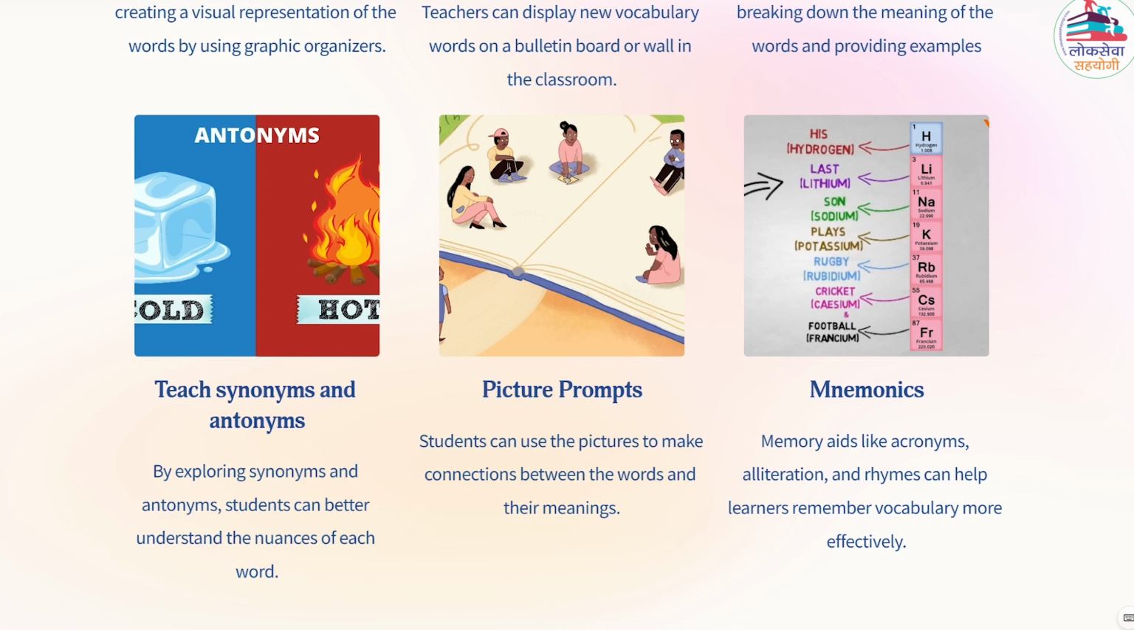And mnemonics. Memory aids like acronyms, alliteration, and rhymes can help learners remember vocabulary more effectively. Moreover, teaching collocations, or words that often occur together, can help learners use vocabulary in the right context. Introducing high-frequency words, or words that learners are likely to encounter in everyday communication, can help learners build their vocabulary